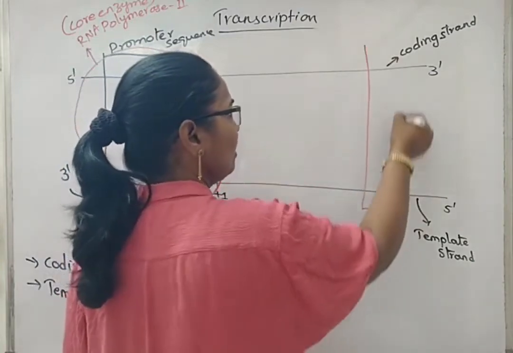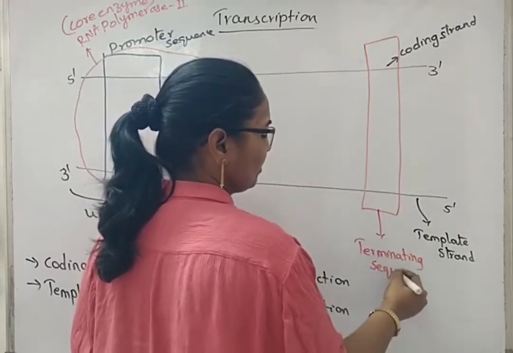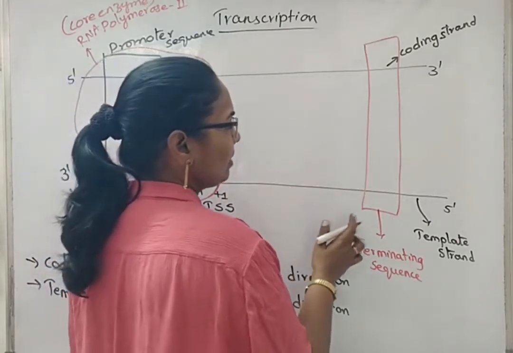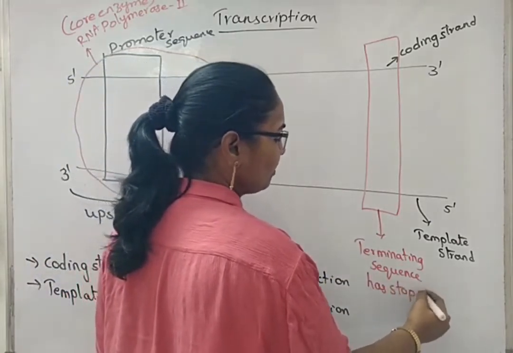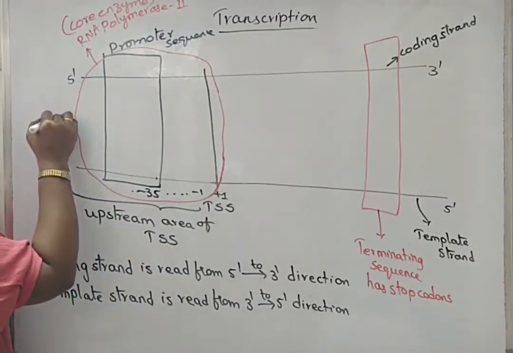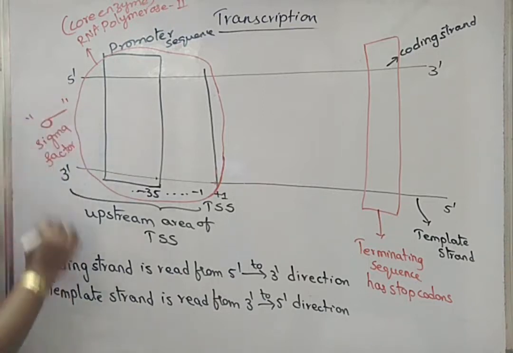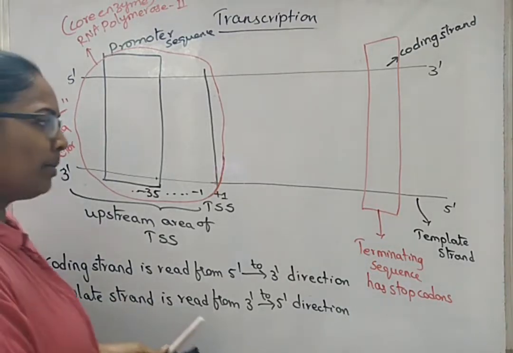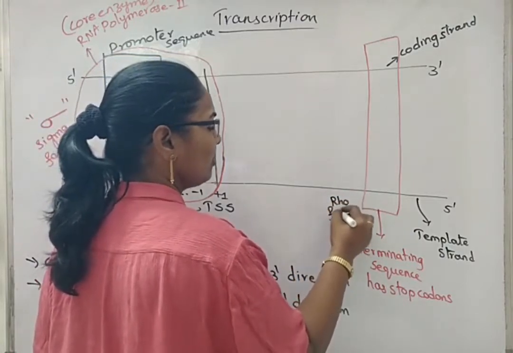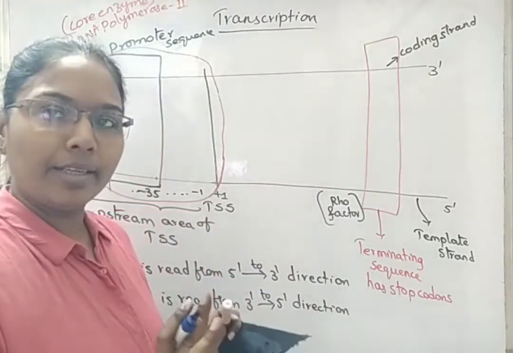Somewhere here, after some distance, will be the terminator sequence or terminating sequence. It is made up of approximately 20 nitrogen bases or nucleotides. Now, this terminator sequence has stop codons. Here, to this RNA polymerase binds a special type of factor that is called sigma factor. Sigma factor is used only for initiation of the mRNA strand. Here will be present the rho factor. So, when it is near the terminator sequence, when rho factor binds, it means that mRNA is stopping its